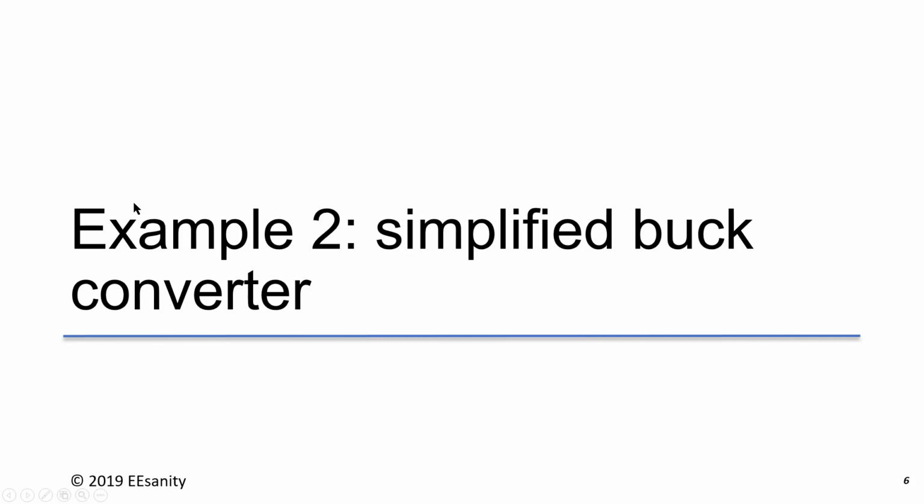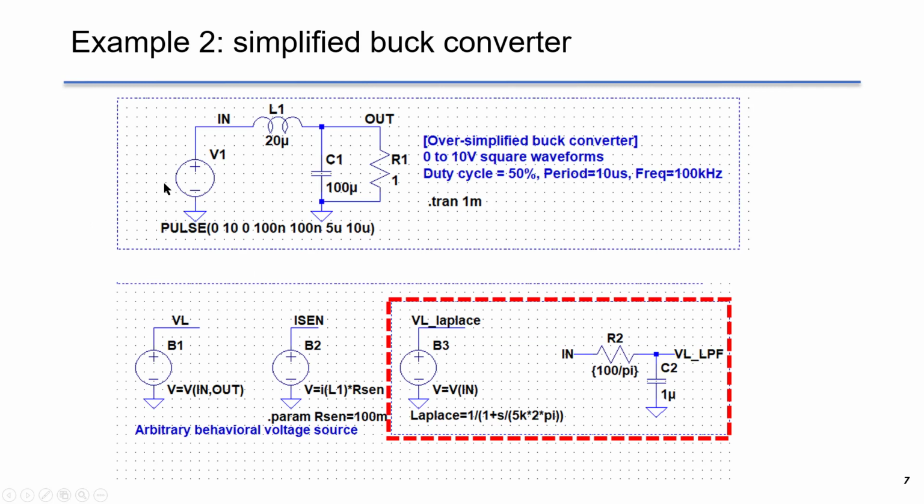The second example is a simplified buck converter. In this example, a voltage pulse train is added at V in to an LCR network. The duty cycle of V in is 50%, the period is 10 microseconds, and the frequency is 100 kHz. This example has been studied in previous lectures. So this time we add a voltage